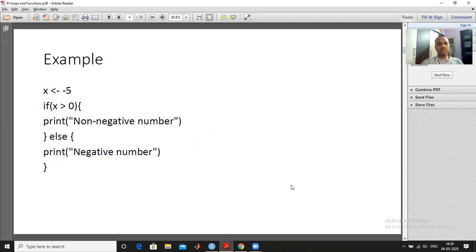have an example. And what is this example? This is an example where suppose we have a number x is equal to -5. So this is the assignment operator in R. Otherwise, you can use the equal sign instead of this one. So if you take x is equal to -5,